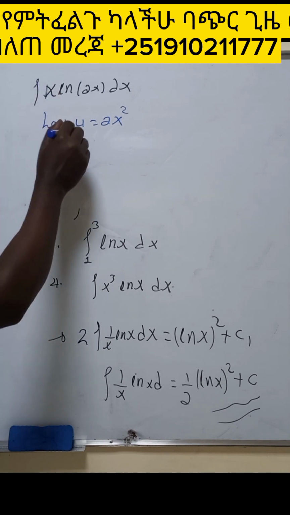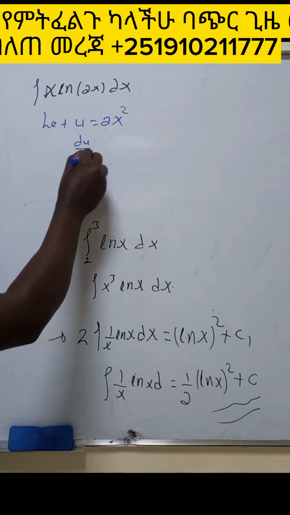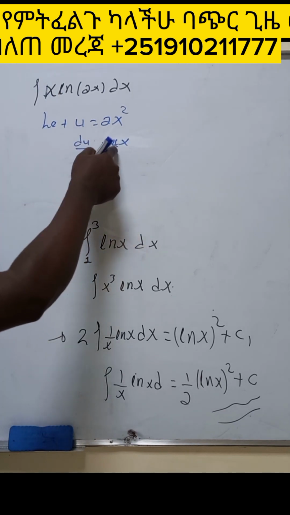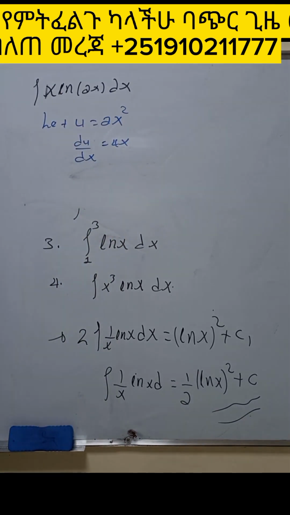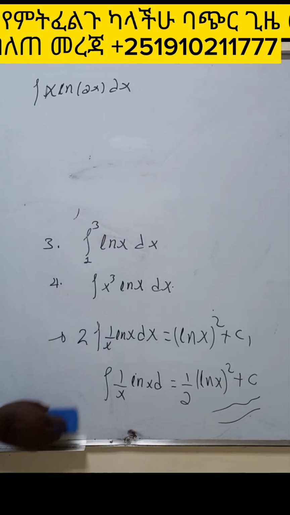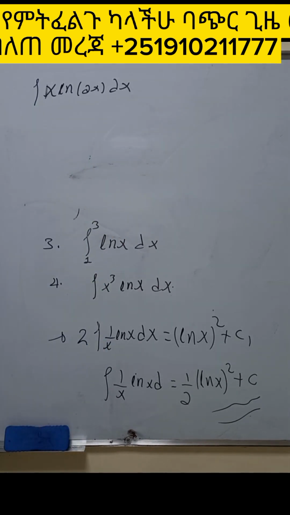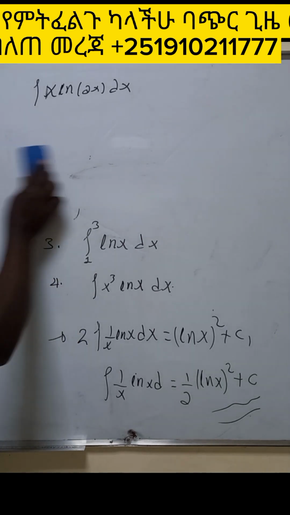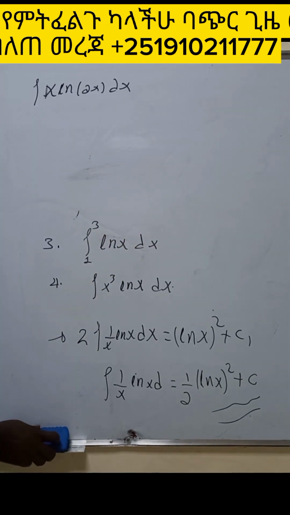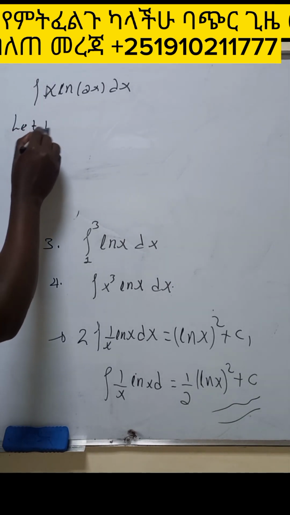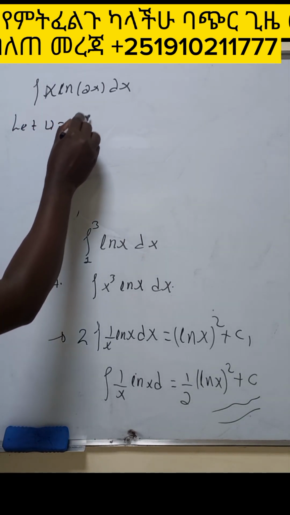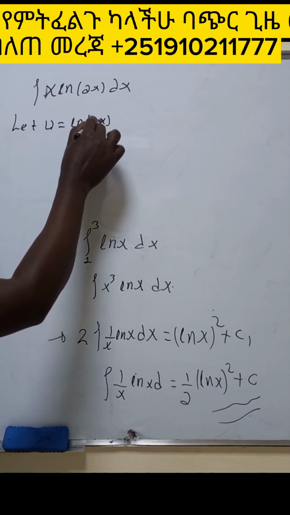ኦልሬዲ 4x ይመጣል። ዲዩ ባይ ኤክስ ምን ይሆናል? which is already 4x ይመጣል። ስለዚህ ኦቨር 4 እናደርግና ኤክስ ጋር ቢሆን እናገኛለን። በዚህ መጠቀም እንችል ነበር። ነገር ግን it's impossible to use what? To use integration by substitution. Still you have to use integration by substitution እንጠቀማለን። ስለዚህ ሌት በሉና ሌት ዩ እንልና ሁልጊዜ ln of 2x እንጠቀማለን።